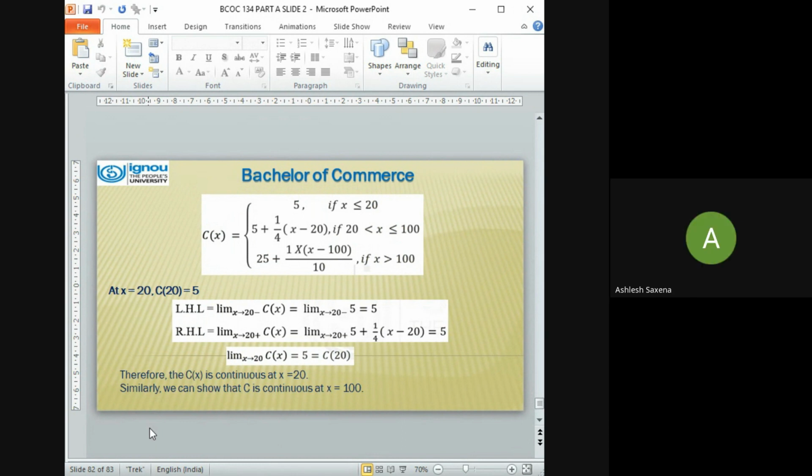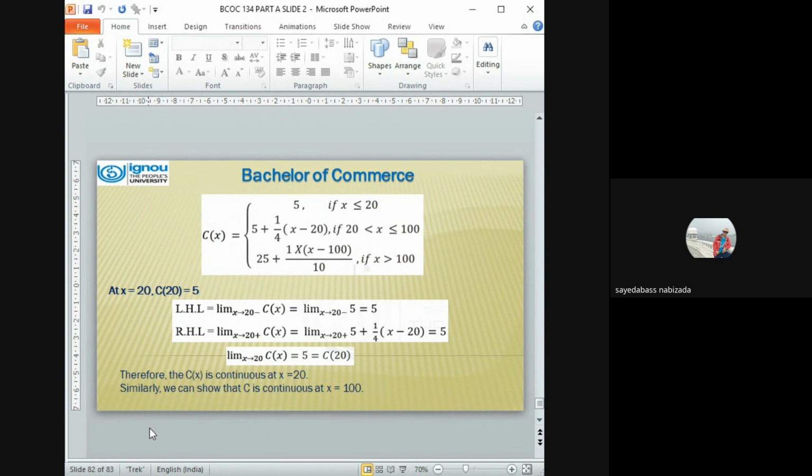Now for the left hand limit, what will I be doing? I will be taking x tends to 20 negative. 20 negative comes in the first part. It will be 5. Correct? For the right hand limit, that is 20 plus,